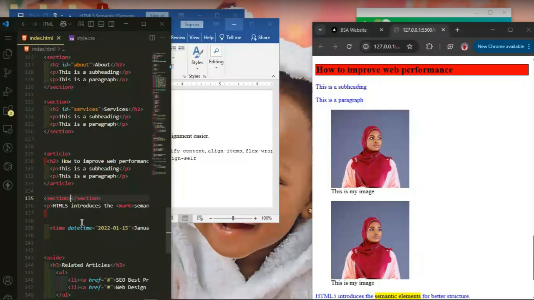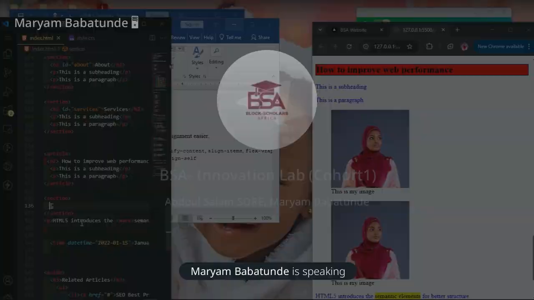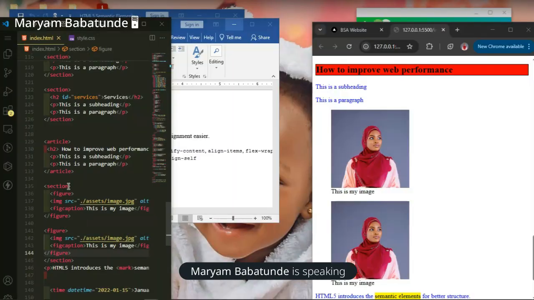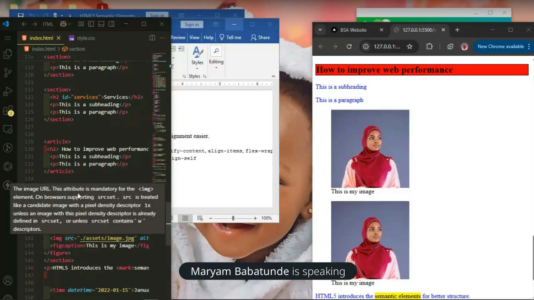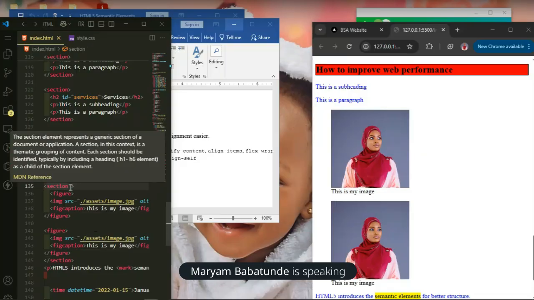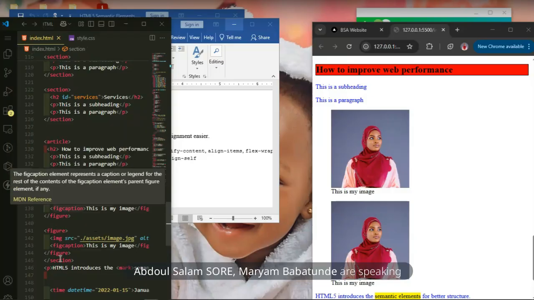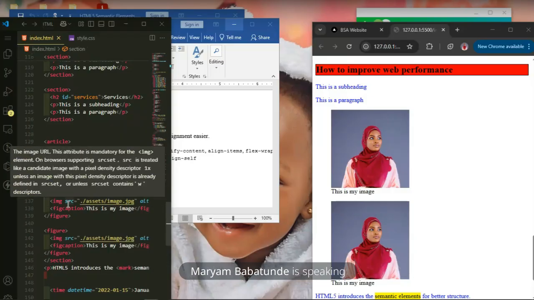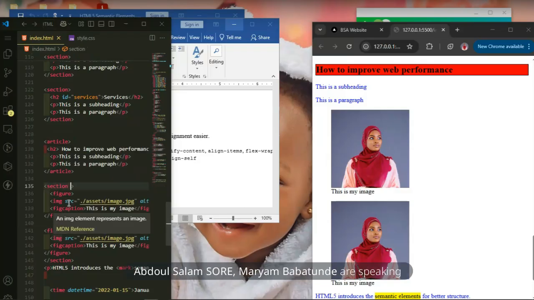So we'll paste this here. The images are already in a section. Now we are going to give this section either a class name or an ID. Whatever ID or class name we give this will take effect on these two images, because they are the two contents inside the section, right? So let's say we give it a class of